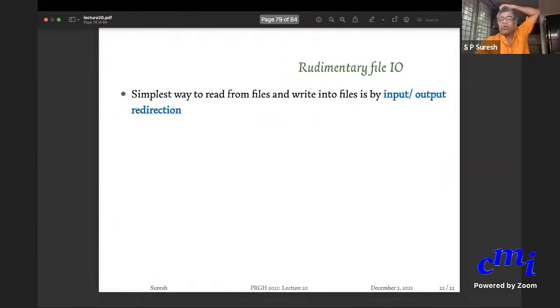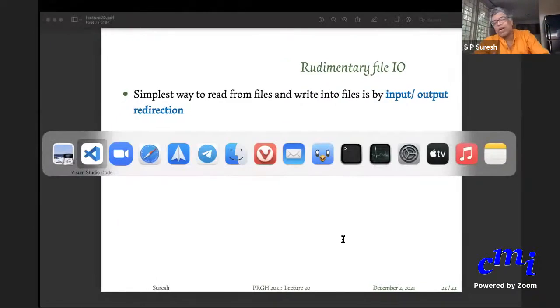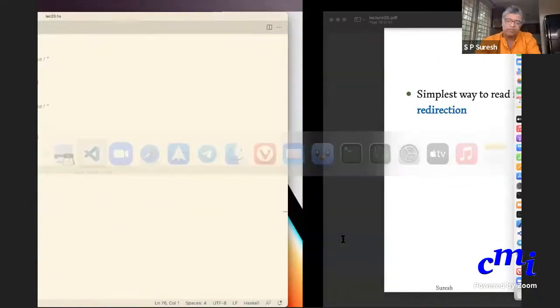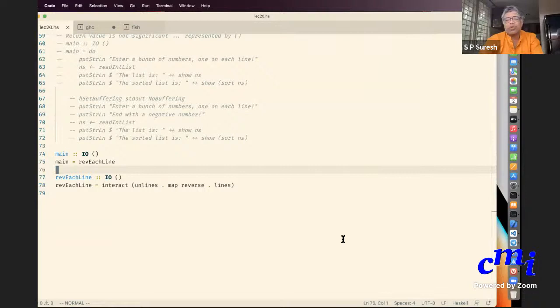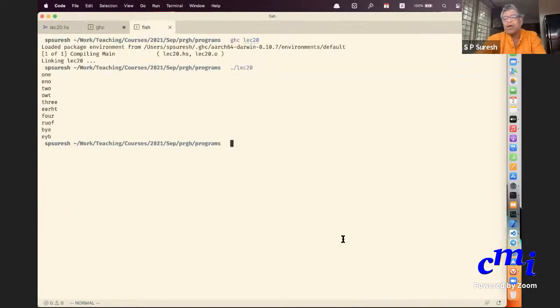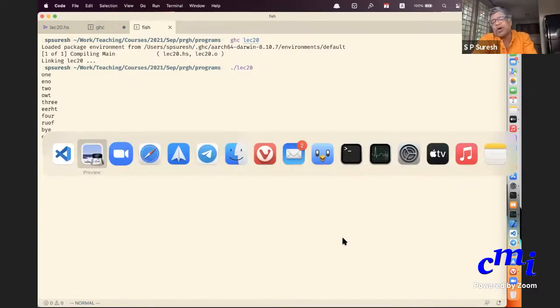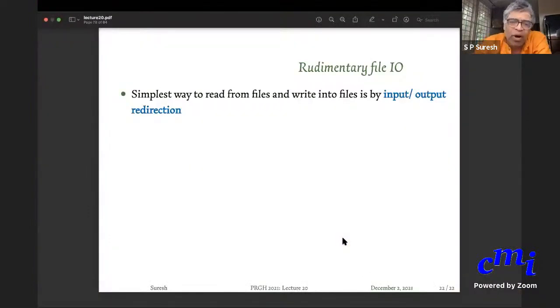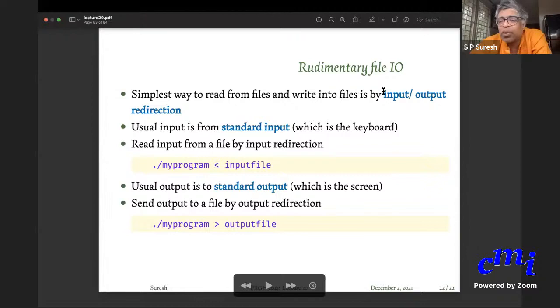Finally, I've already shown you things inside GHCI, right? I've also shown you things outside GHCI by compiling and then running it. Not always will you enter the input like this as a user. So you will enter input in a file and then read from the file, and maybe put the outputs not on the screen but into a file. There are ways in Haskell where you can explicitly open a file, but we do not need all that.